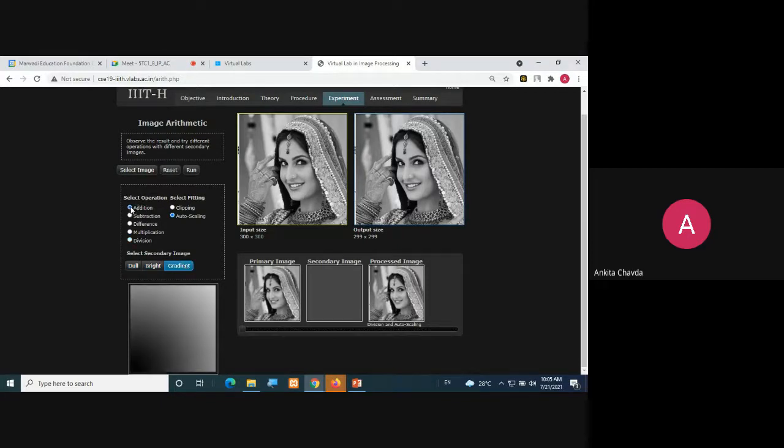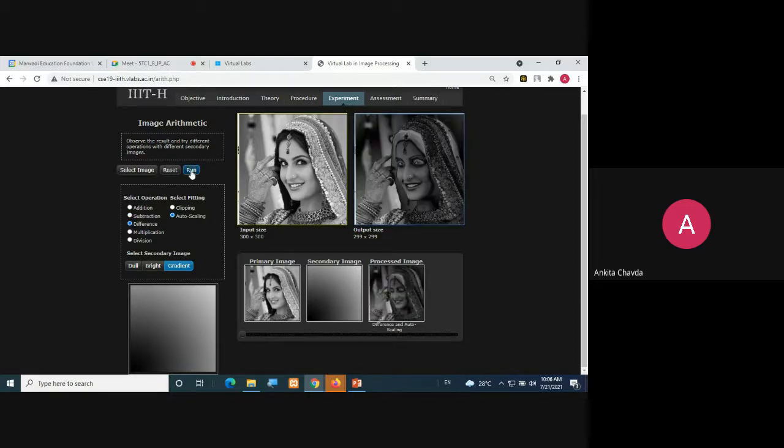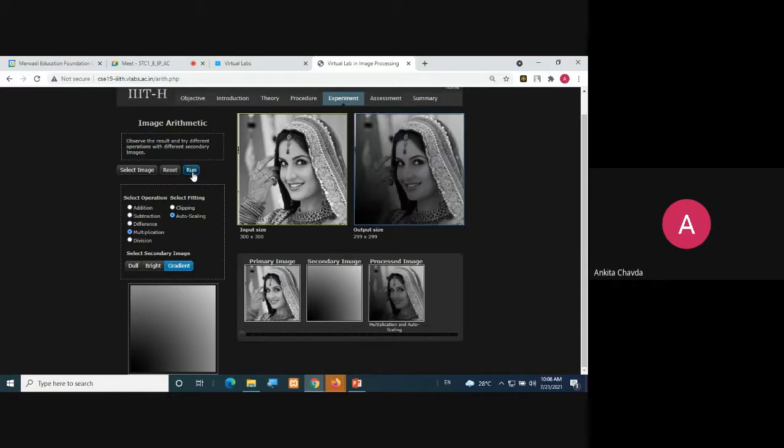With the gradient also you can see the addition. You can check this subtraction, because here I am having dark color and I'm subtracting it, so it would become bright. Because the gradient, you can check, goes from dark to light. Then in the same way you can check the difference. This is the difference value. This is about the multiplication, see, dark to bright. And you can check the division.